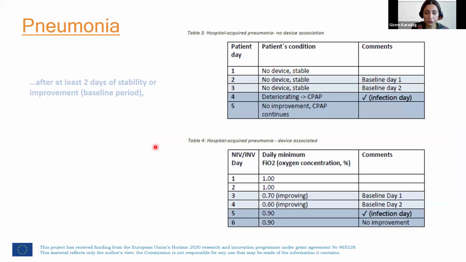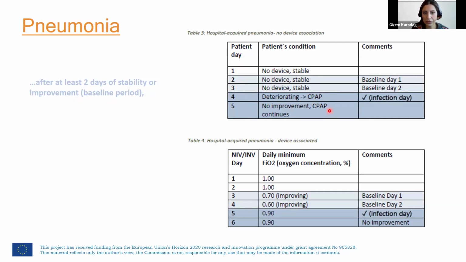So in order to fulfill the respiratory criteria, our patient must have at least 2 days of stability or improvement in the respiratory state. We call it the baseline period. If you see here, patient 1 had, for example, 3 days on no device, and the respiratory situation was stable. On day 4, the respiratory state deteriorated, and the patient received support via CPAP, and on day 5, no improvement, and